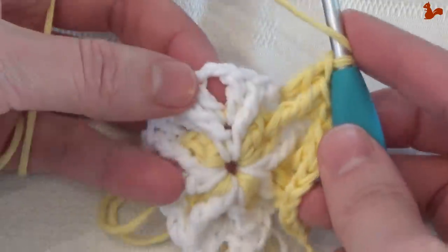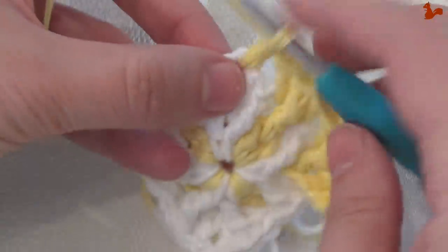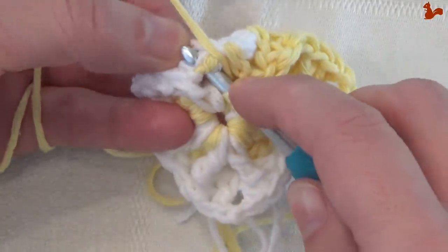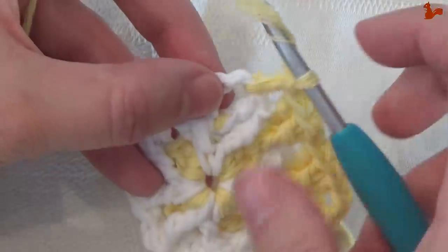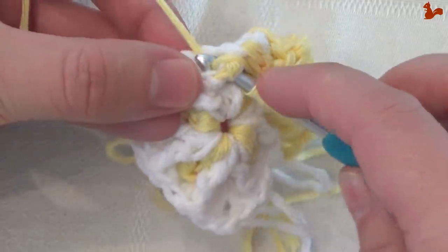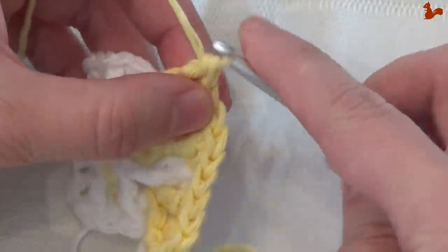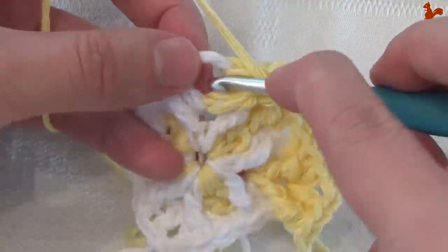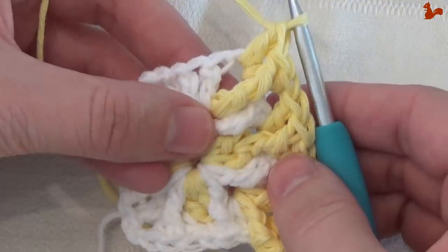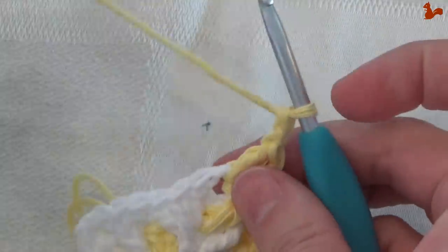So in the corner space here, work a double, then twice over for the treble, which is again in between here. Oh dear, wait, I just dropped my yarn. Pick up the yarn, and 1, 2, 3. Then come back up. 1, 2. Chain 2. And again,